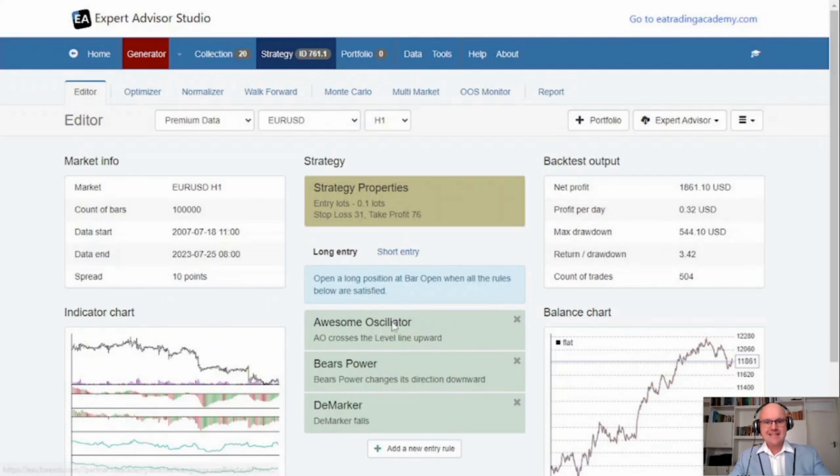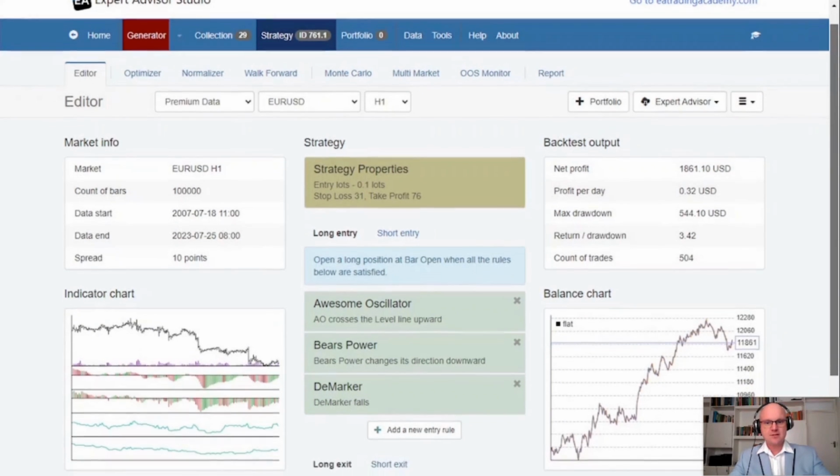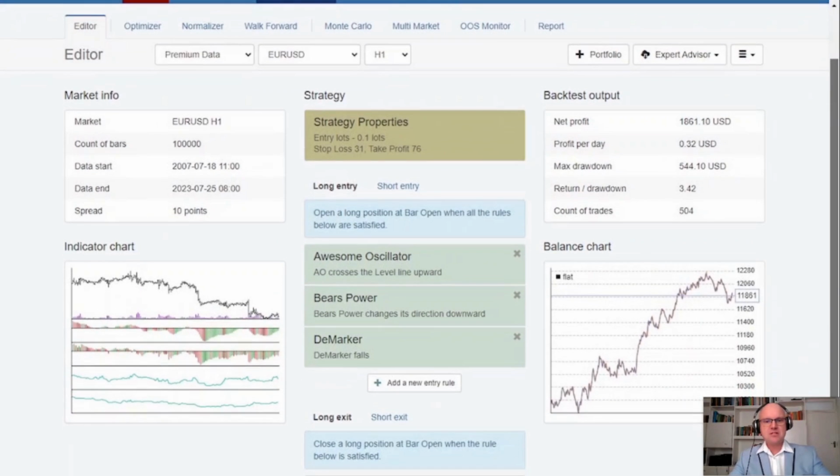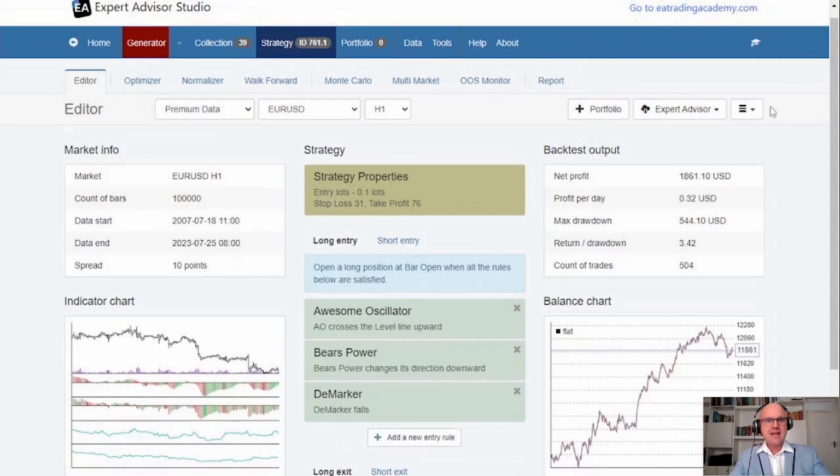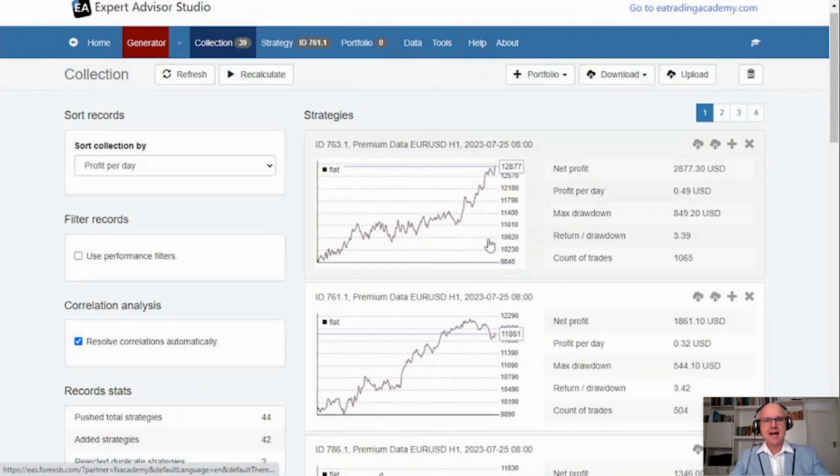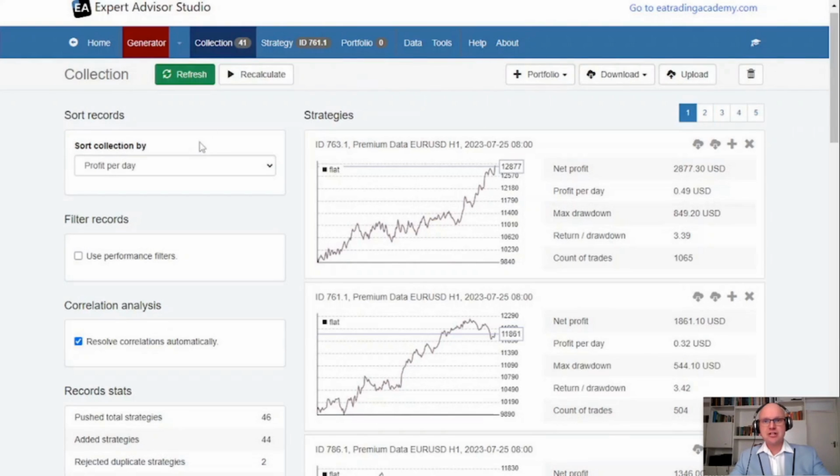And once we select them, we can see the specific strategy that generated that result, including strategy properties where we can see the entry lot, stop loss, and take profit parameters. Additionally, we can also opt for fixed or trailing stop loss and take profit, and also set a specifically desired range. The generator settings also allow you to set working time and acceptance criteria, which helps you filter out the strategies that you have generated.